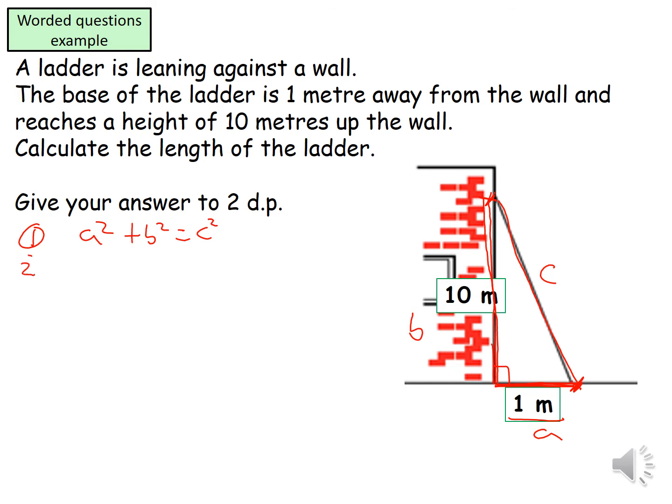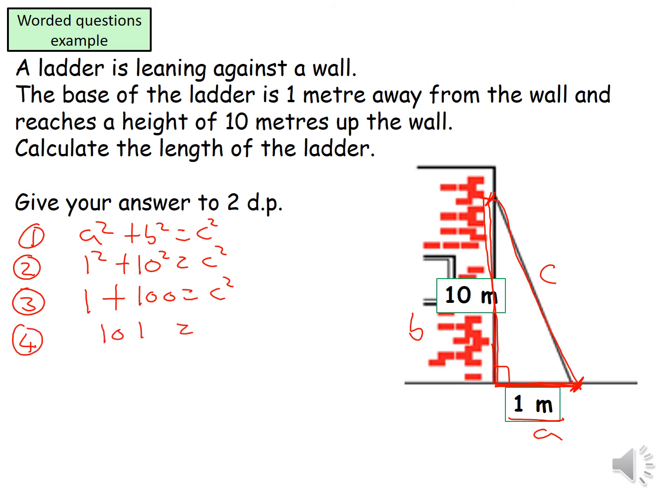The next step, I will insert the information that I've been given in the question. So instead of A, I will write down 1 squared, and instead of B, I will write down 10 squared, and that has to equal C squared. So let's carry out the calculations. So 1 squared is 1, 10 squared is 100, and that has to equal C squared. I know that 1 add 100 is 101, and that is C squared. So to find out C, I will need to square root the 101